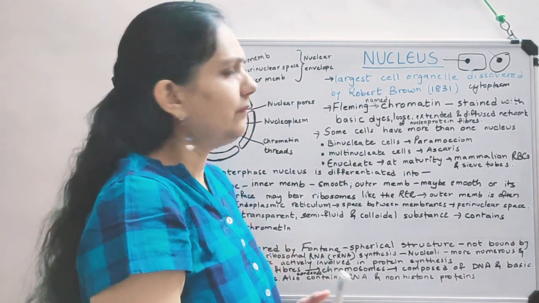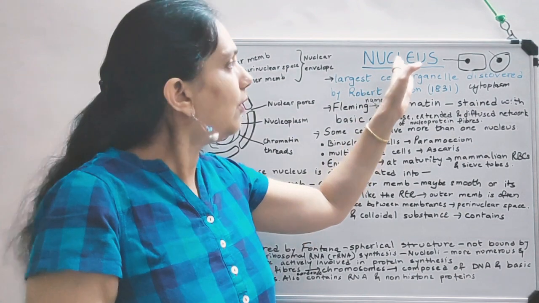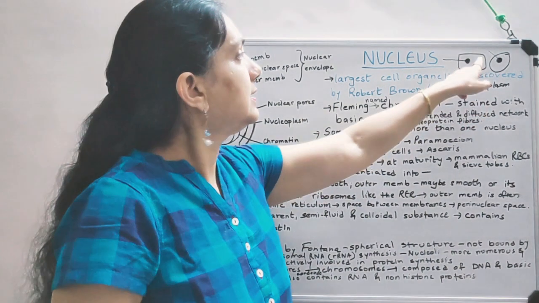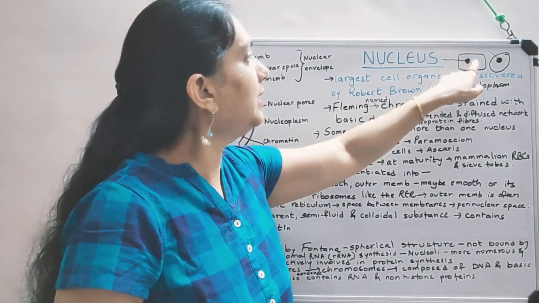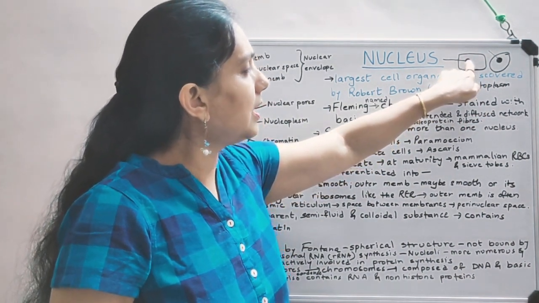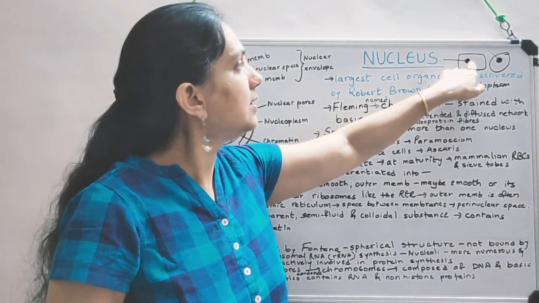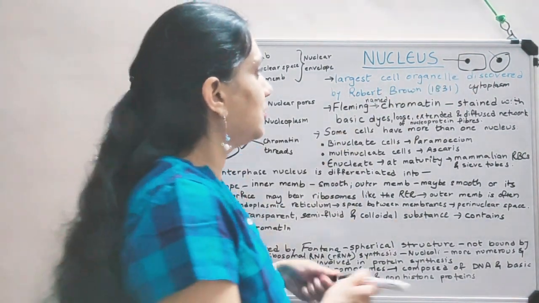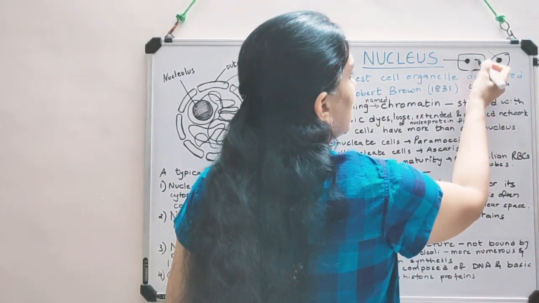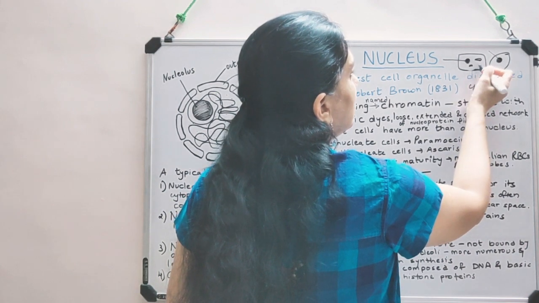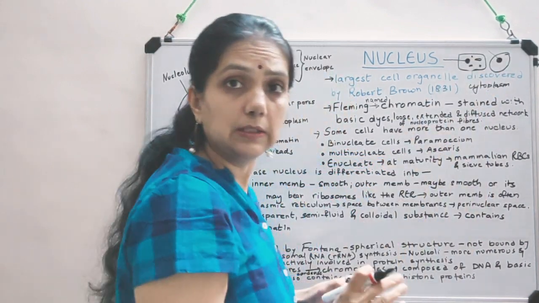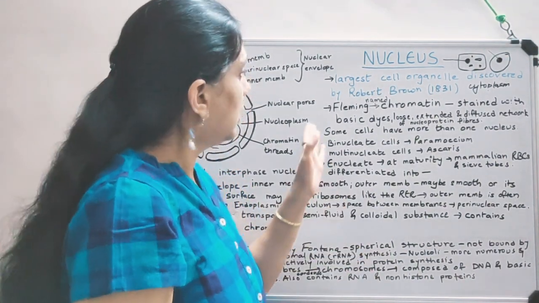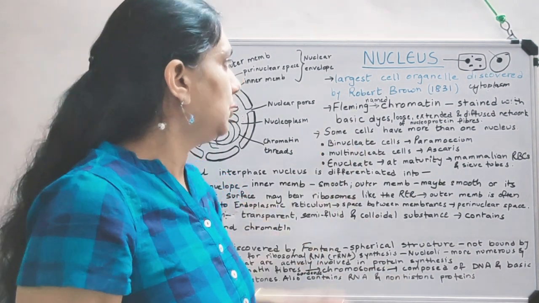So we begin with the main director of the cell, that is the nucleus. I gave you a rough idea. Cell has a boundary, that is a cell membrane. The dot, the round eye which I have drawn here, that is the nucleus. The white plain part, that is the cytoplasm. And in this cytoplasm, there are various structures. So these structures are called as cell organelles. This is the preview. Now let's start with the nucleus.